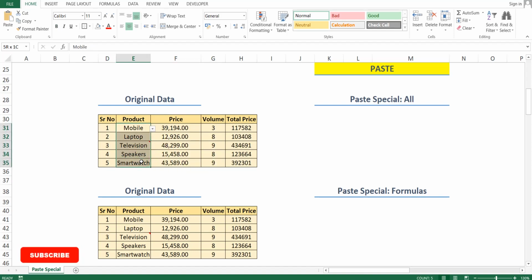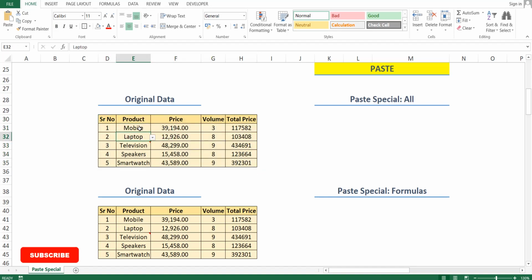These are all electronic items. I have listed the price of each product here, then the volume the customer purchased, and the total price. For the formatting, I have applied various colors, plus I have applied borders also.